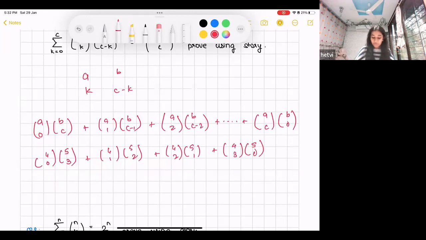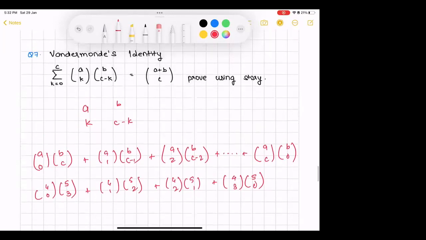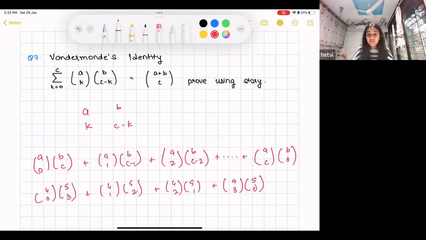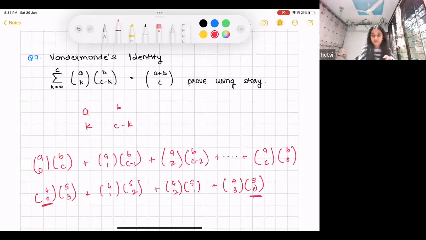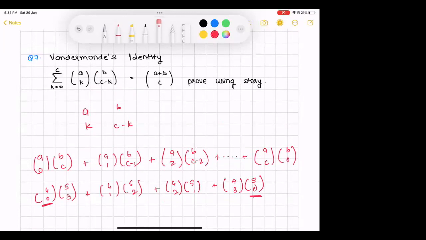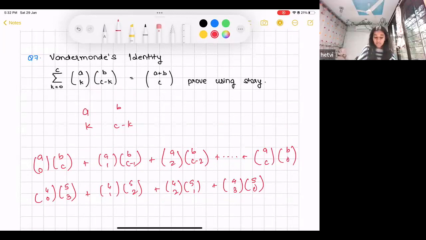Now we have to prove that... until it comes till 0, right? Sorry? I mean, the last number should be 0. Yeah. It starts from 0 in the first bracket and ends with 0 in the last bracket. Okay. Now we have to prove that this is equal to